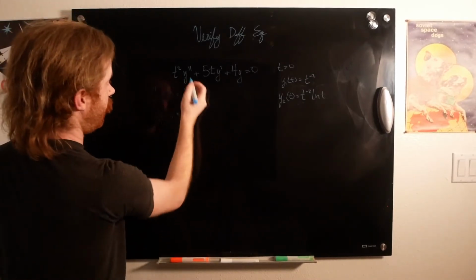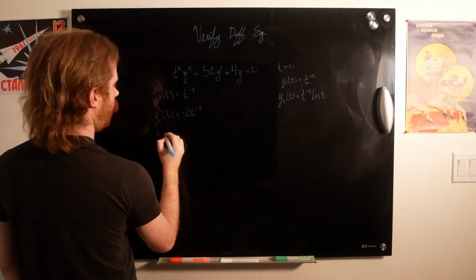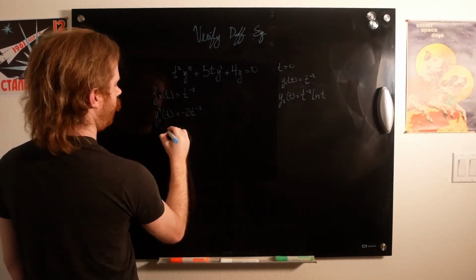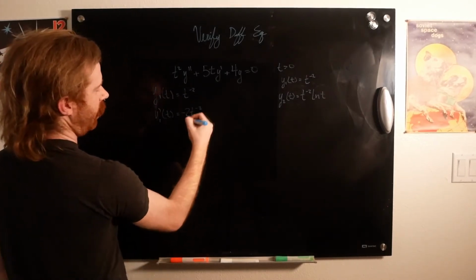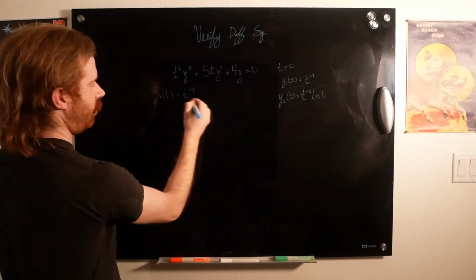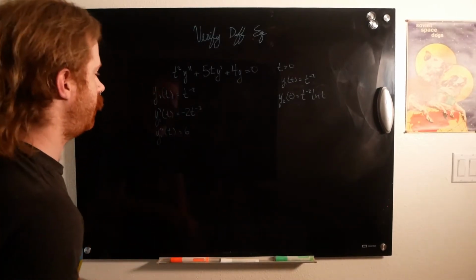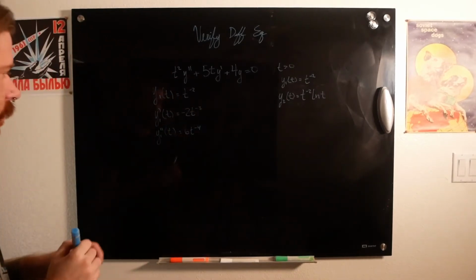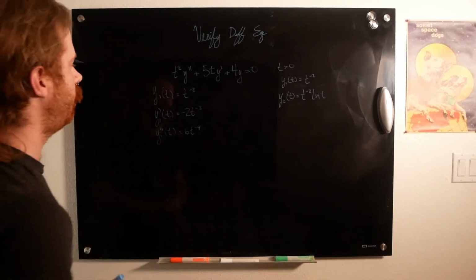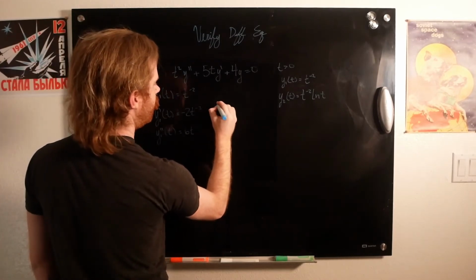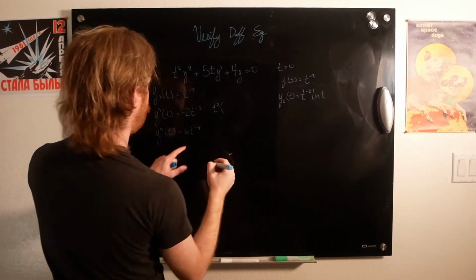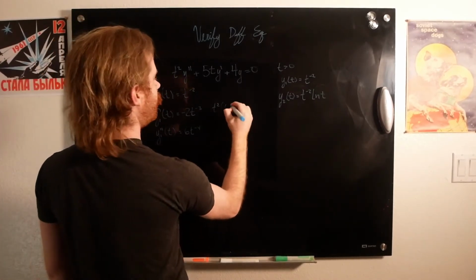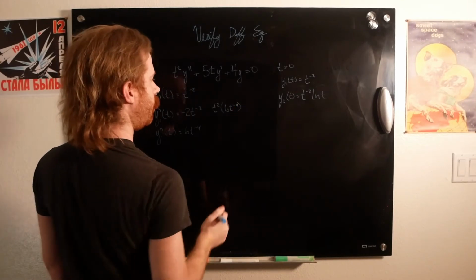And then we're going to take the second derivative of it. y1 double prime of t is going to be positive 6. Negative 3 times negative 2 is positive 6. And then t to the negative fourth power, subtracting 1 from the exponent. So now let's plug it in. So we have t squared times y double prime, which is 6t to the negative fourth,